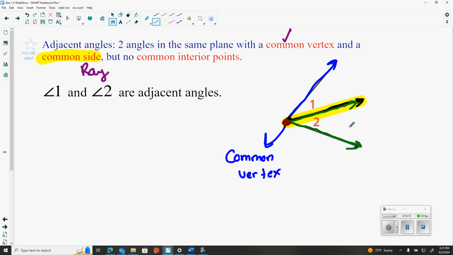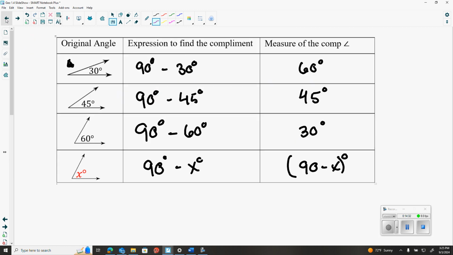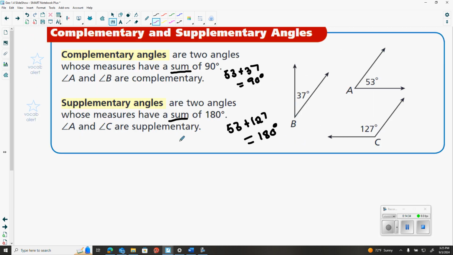They definitely don't form a linear pair because I don't have a straight line here. I don't have this blue line extending on back forever, or this green line extending on forever. I would need more here. So these two angles are adjacent, but they aren't supplementary. And again, if I go back to the very definition of supplementary, right, we've said that, hey,